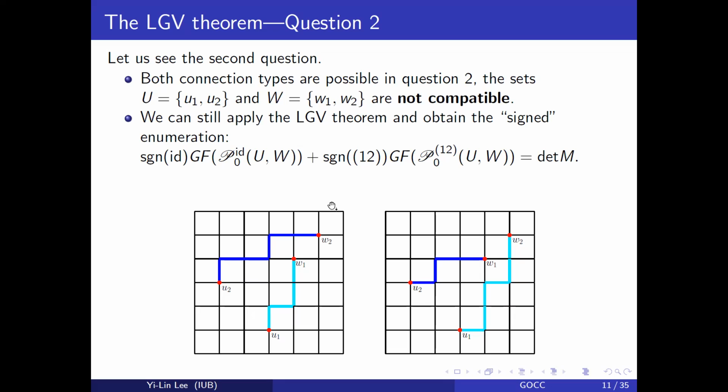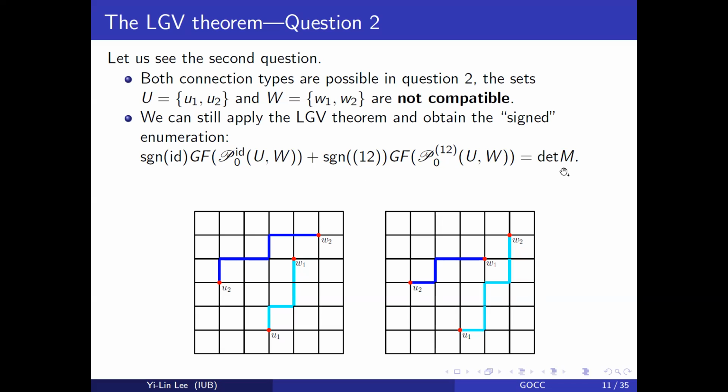But of course, we can still apply the Lindstrom-Gessel-Viennot theorem. But in this case, the left-hand side is actually the sum of 2 terms. The first term corresponds to the combination type identity. The second term corresponds to the combination type transposition 1, 2. But there's a problem because of this permutation sign here. This is -1. So actually, the result we have is the first term minus the second term is given by